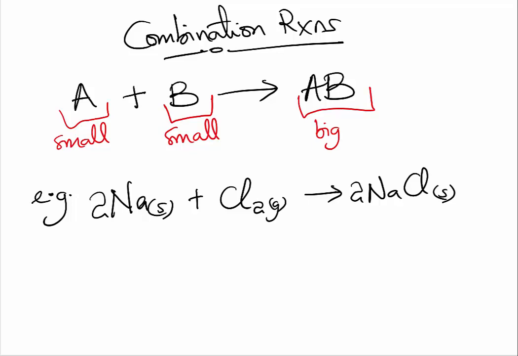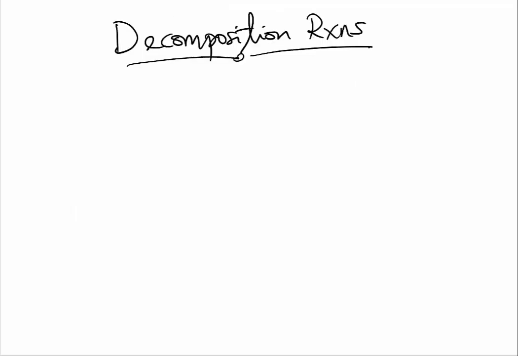Let us now take a look at the second type of reaction, decomposition reactions. Decomposition reactions are the opposite of combination reactions. If you have a larger molecule AB and you break it apart into smaller pieces, this is called decomposition reaction. An example: